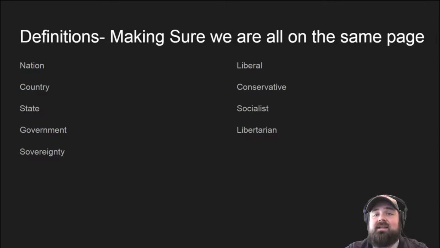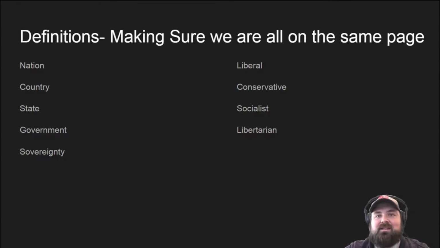The first definition that we really need to make sure we have clear is nation. When I say a nation, what I'm talking about is a group of people. When I say nation, you should immediately think a group of people. These are a group of people that are tied together by bonds of history and culture. They might have a common language, common customs, common something that holds them in common. We're at Nichols State University, deep down south in Louisiana, deep into Cajun country, and we could think of the Cajuns themselves as a nation of people. Any group of people that has some sort of bond that ties them together, that's a nation.